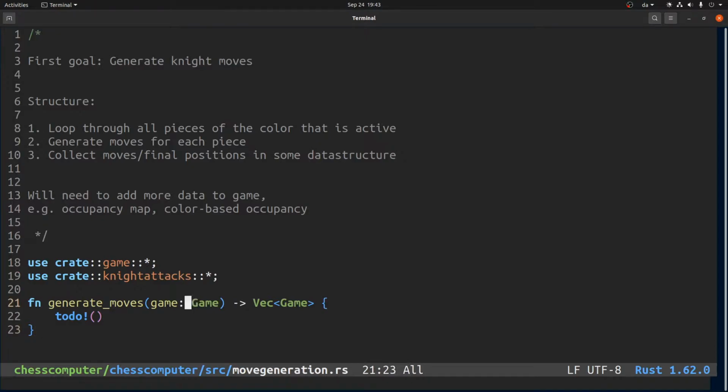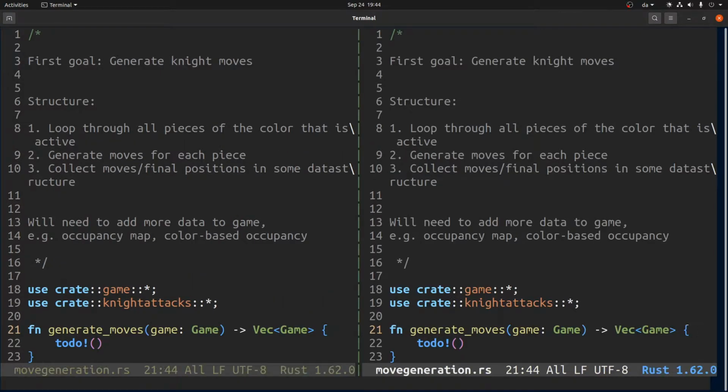So I think this is the function signature we want. Game, which is the game struct that keeps all the information about the state of the game, and probably we will have to add these to it. And then it will return a vector of the positions you can reach from this position via legal moves. And to test it,